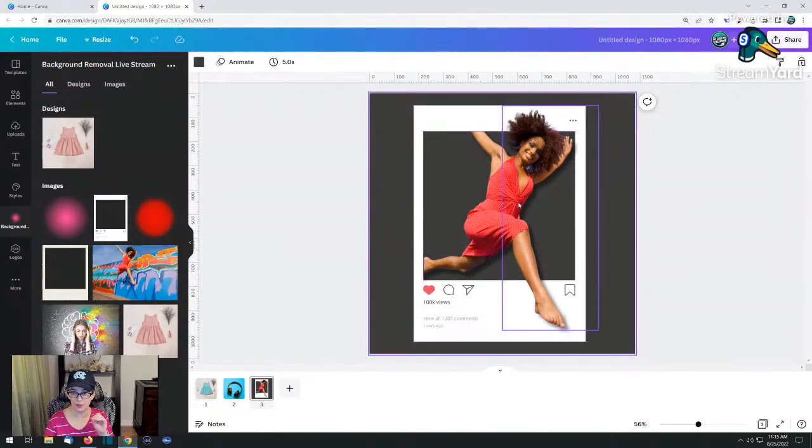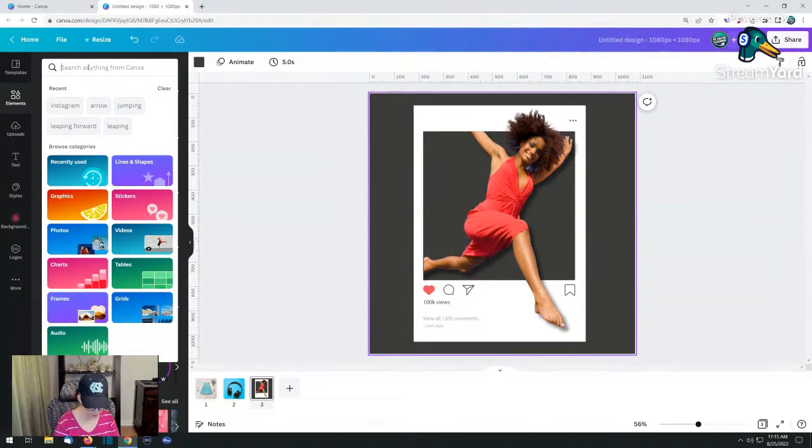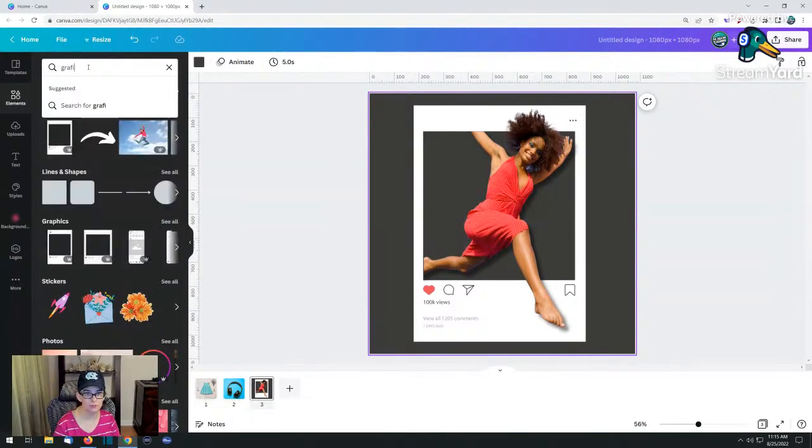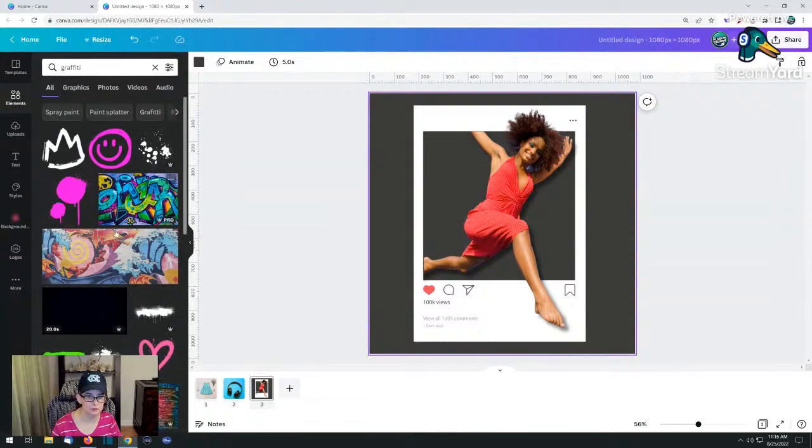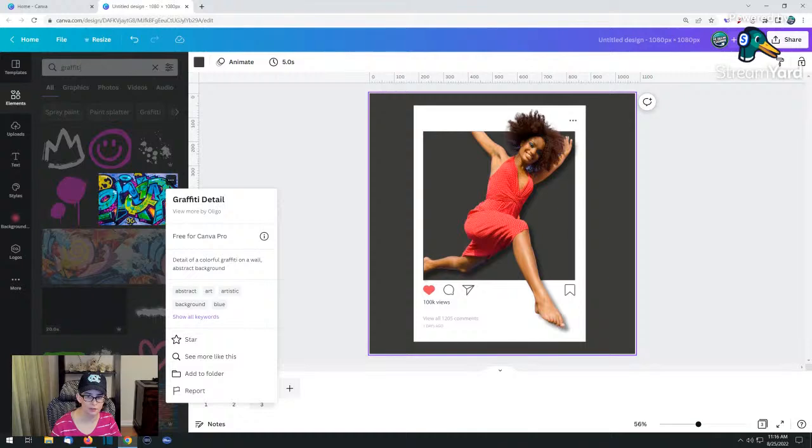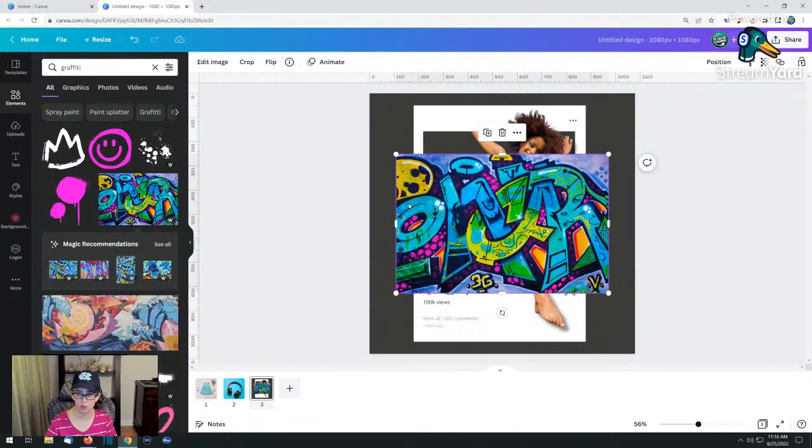And now I want to get a picture behind her. I don't want to use this one. So I tell you what I'm going to do. I'm going to go to Elements and I'm just going to type graffiti. And I think that I'm just going to use this one, graffiti detail, because I'm going to show you another cool image effect that you, I'm having a brain fart. Another cool image effect that you may not know about is that you can actually turn